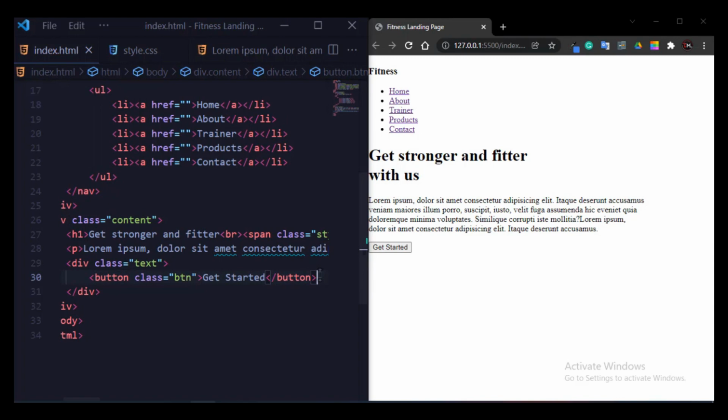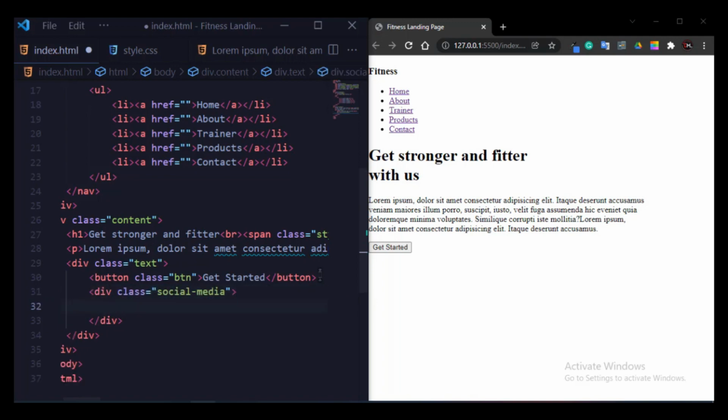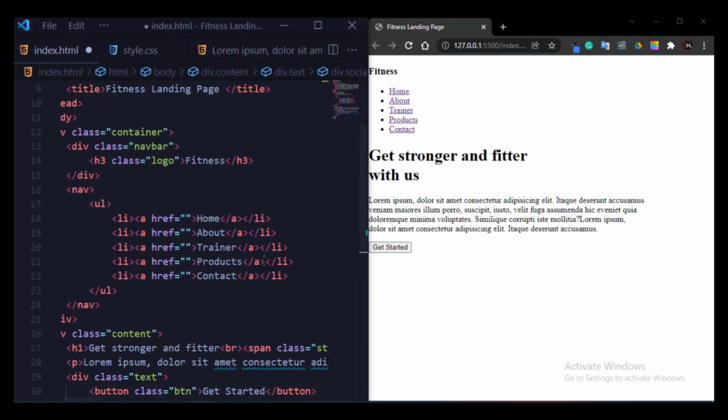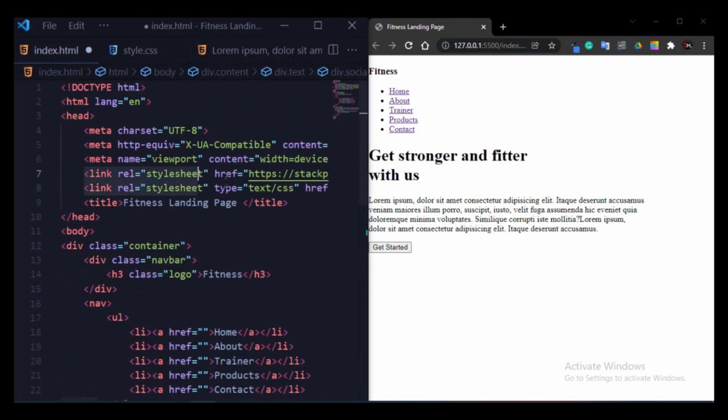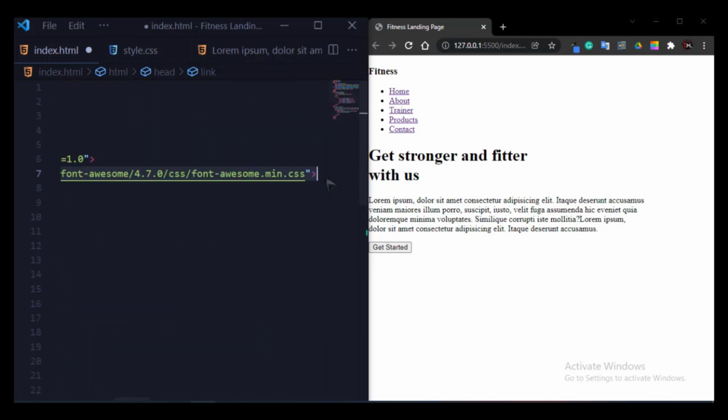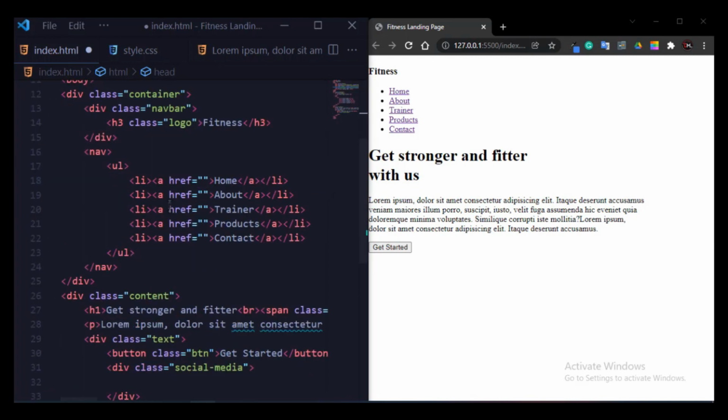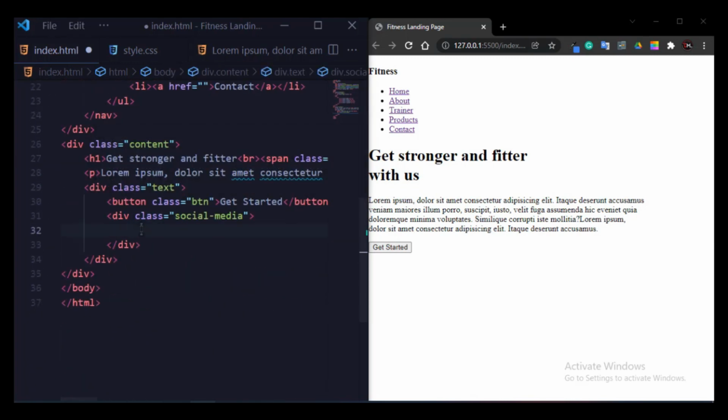And after this I will again define a div with class name social media, in which I will import the social media icons from the Font Awesome website, and I have already put the link here, so you can copy this link from the Font Awesome website and simply import the social media icons.